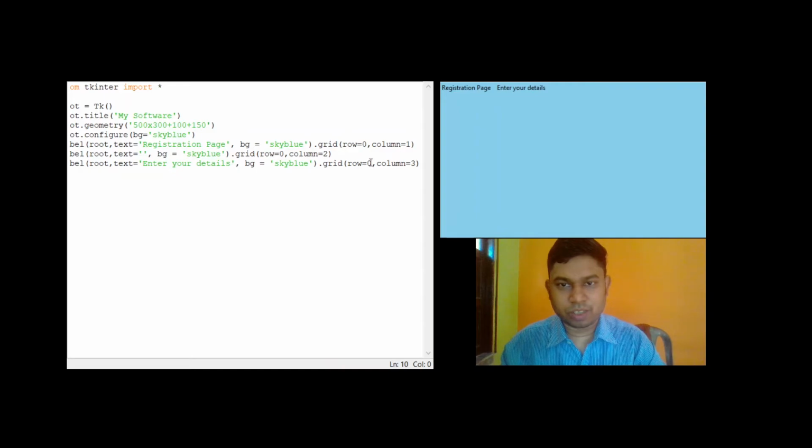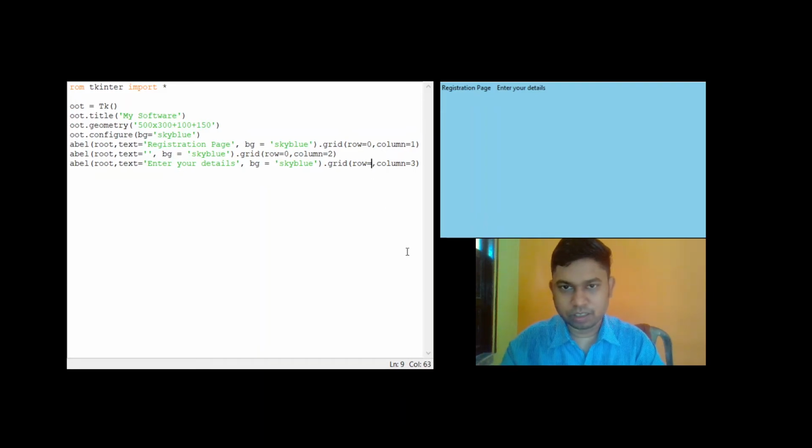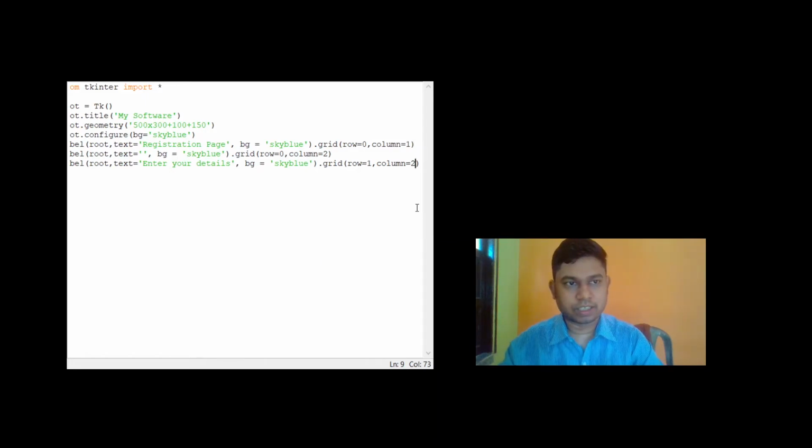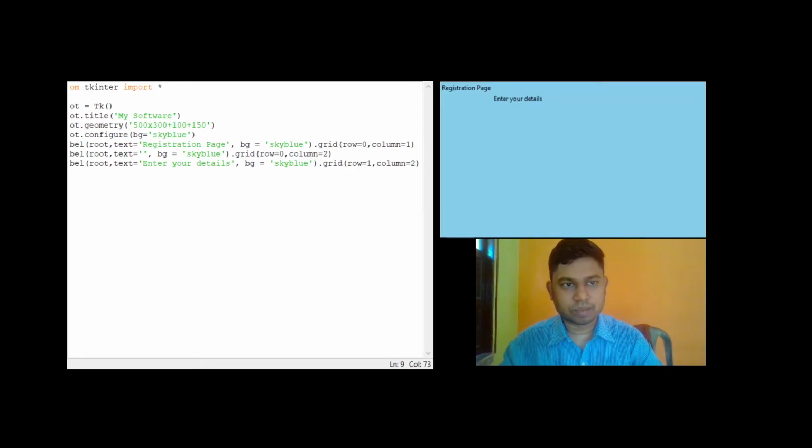I can also add some random rows and columns, like I want this to come in row number 1 and in column number say 2, so I can get something like this.